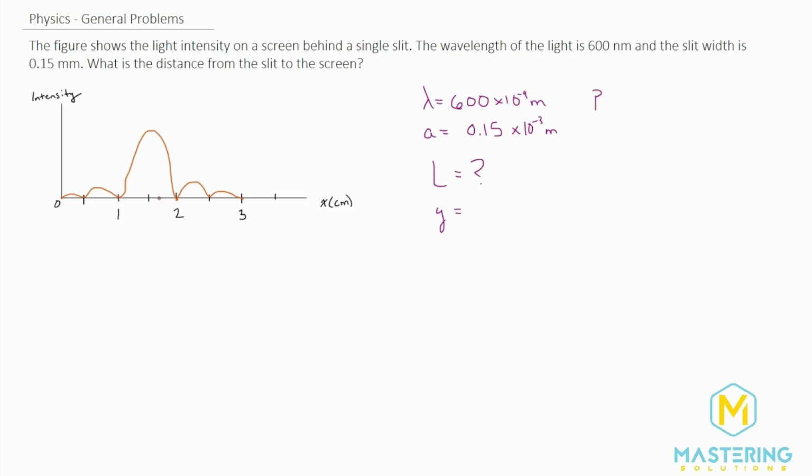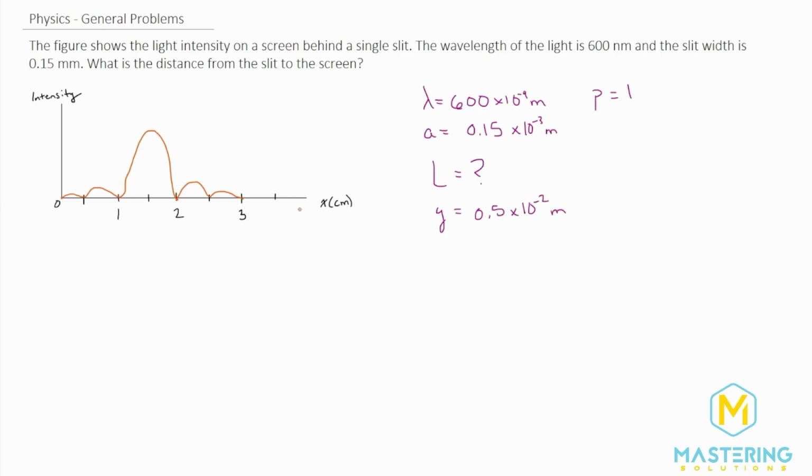And so if we're going to use the Y for this one right here, then we can use a P of 1. If we use from this spot out to this one, then a P, of course, would be 2. So we'll use P of 1. And since this whole space right here is 1 centimeter, from the center out obviously is just a half. So we have 0.5 centimeters, or 10 to the negative 2 meters.